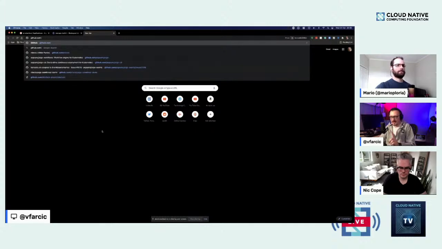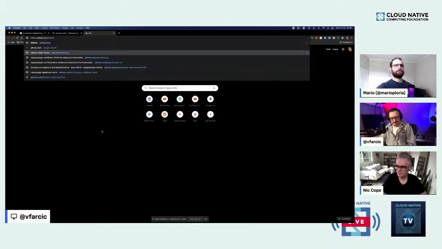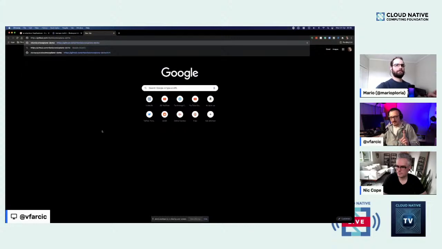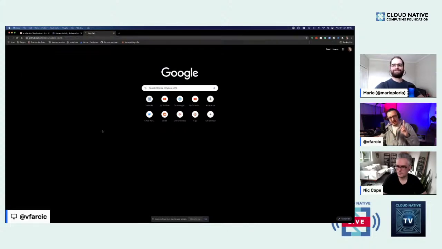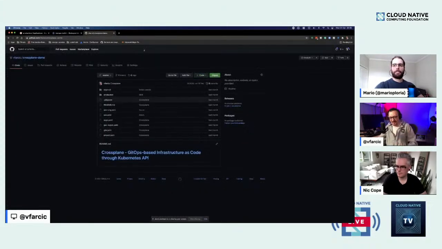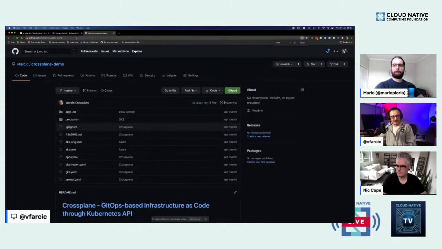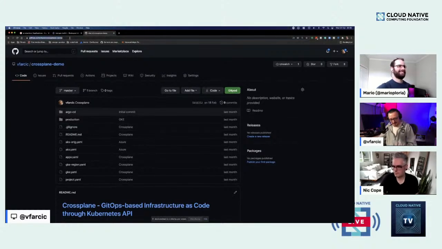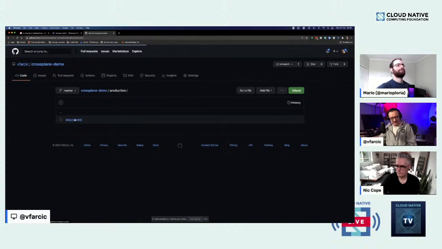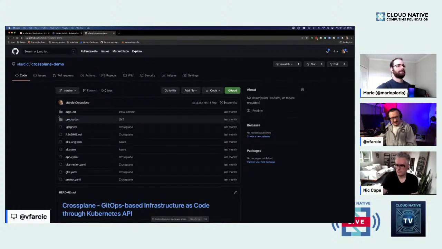You cannot access my Minikube cluster, and in this context, even if you could access my Minikube cluster, I would never let you do that because you shouldn't. But what you can do right now, if you're brave, here's the repository. If you want to change my GKE cluster yourself, let's say that you work in a team with me, go to this repo, fork it, make a pull request, and change anything in the